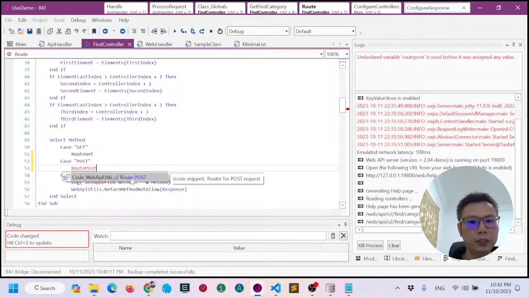Then I also include a snippet over here to generate a template of the subroutine for you. But this one I'll show you when we create a controller from scratch. Okay,